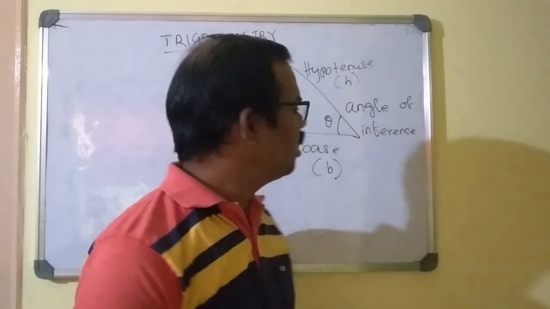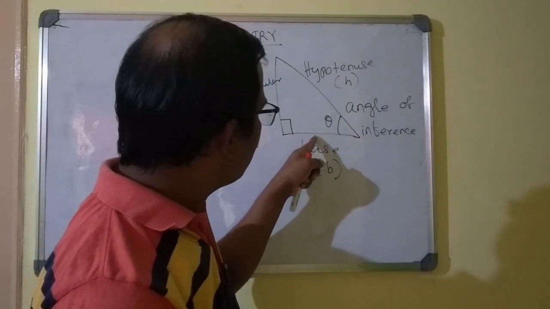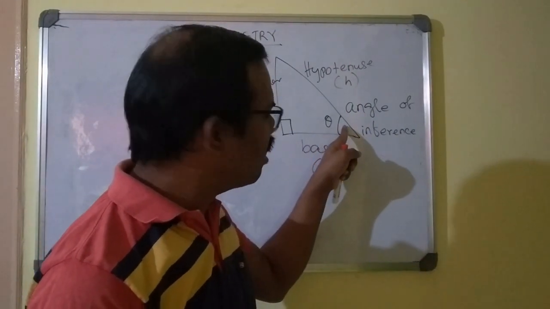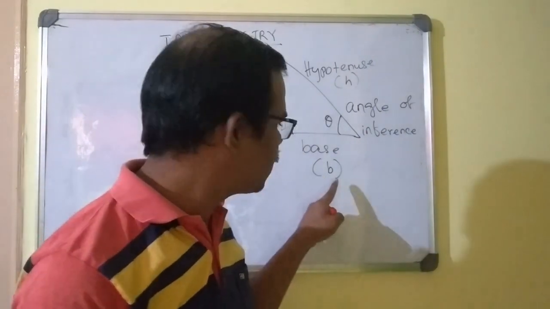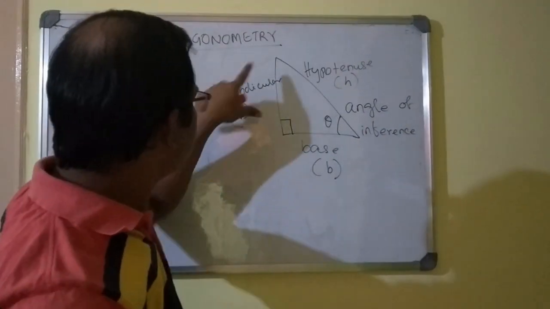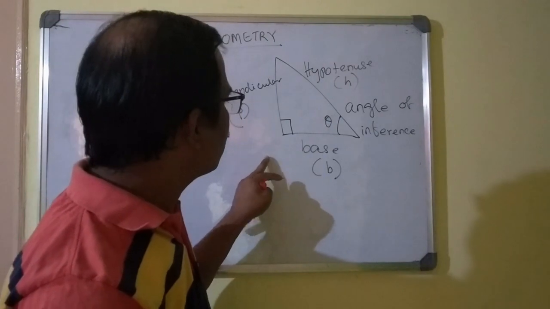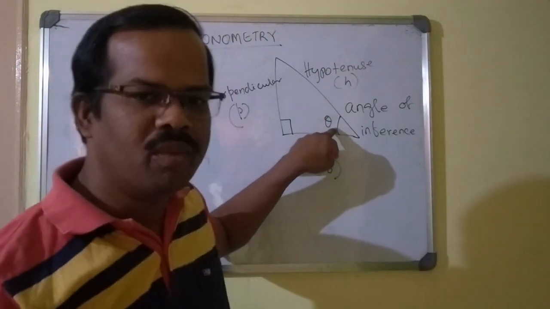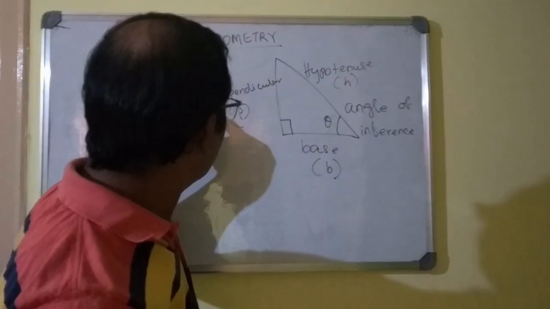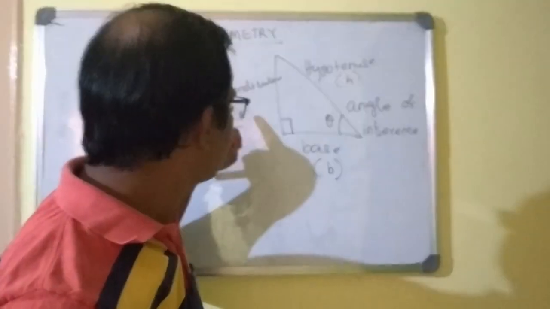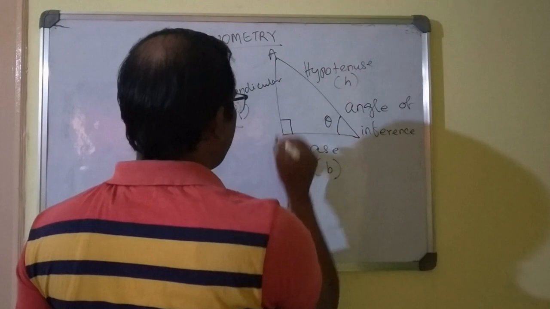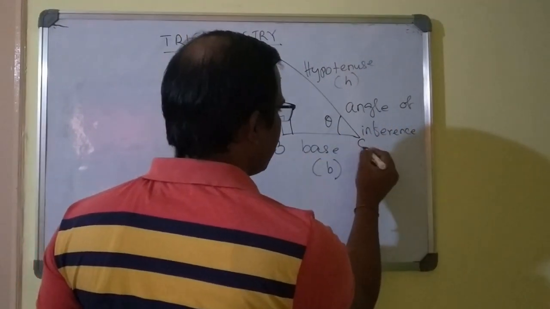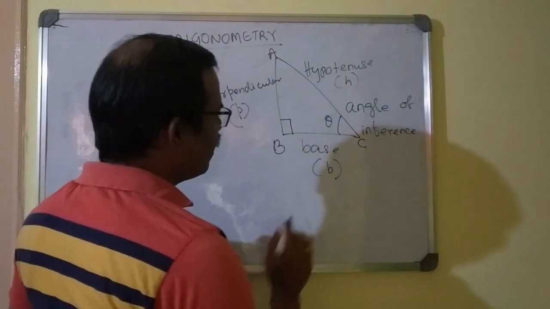Again I am telling, the side which is adjacent to the angle of inference will be called the base, and it will be denoted by small b. The side which is opposite to the angle of inference will be called the perpendicular and will be denoted by small p. Now if I have a triangle ABC, and B is the right angle,